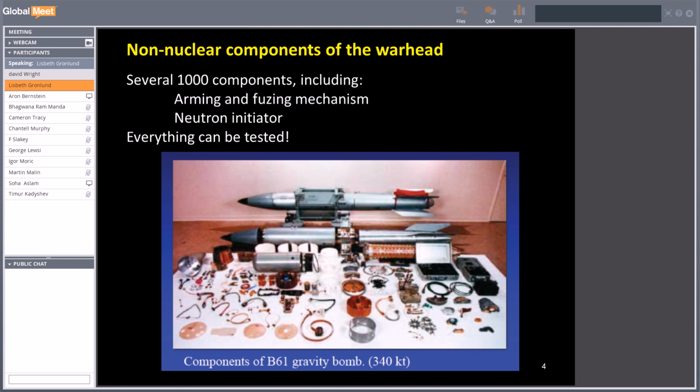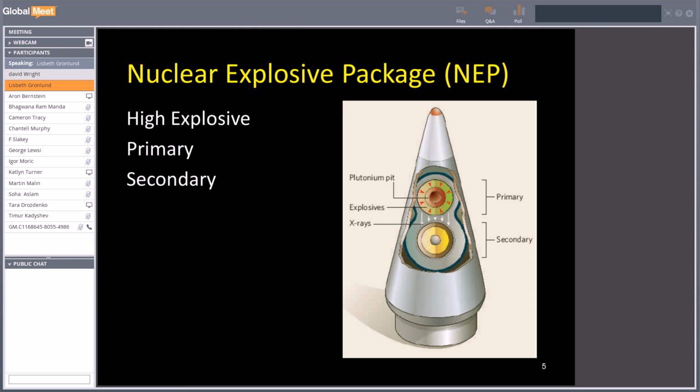So there are thousands of non-nuclear components in a weapon, and here is a B-61 bomb with its various pieces laid out. There's plastics, there's wires, there's all kinds of things. And all of those can be tested without exploding the weapon, of course. Then the rest of it is referred to as a nuclear explosive package, and it contains the primary with the